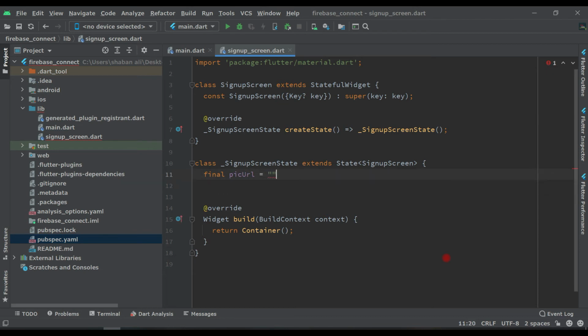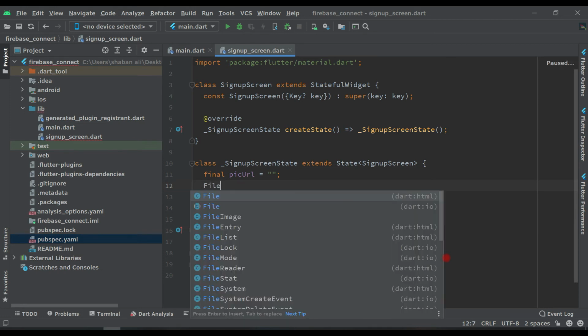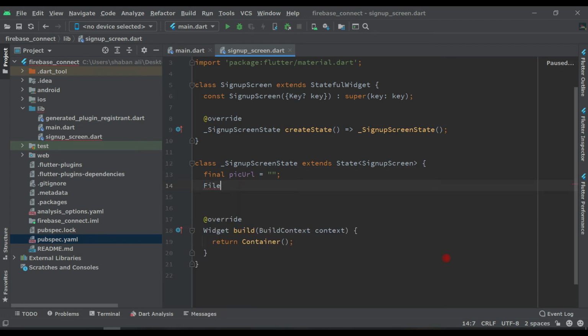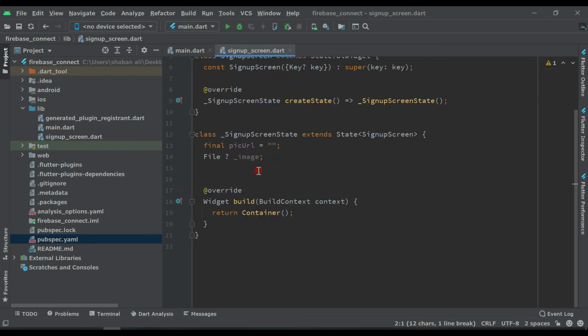We will get this from user profile, and here we have to say file this dart.io and put question mark, and the variable will be underscore image, and make sure import this dart.io here, not html.io.